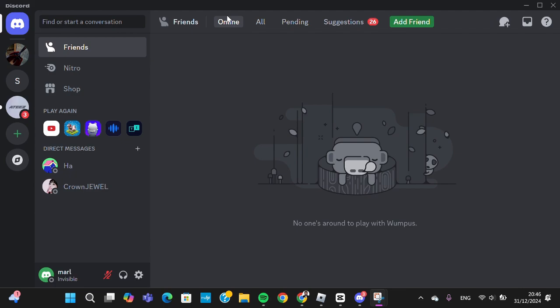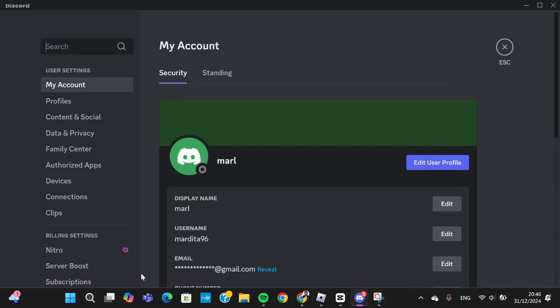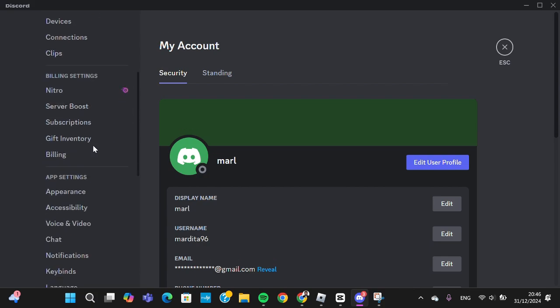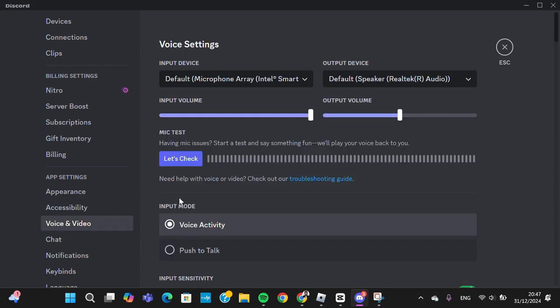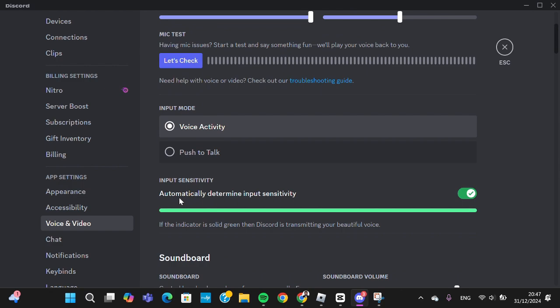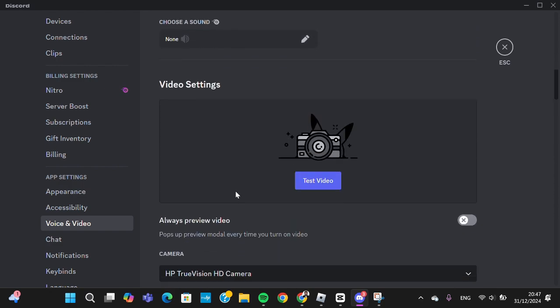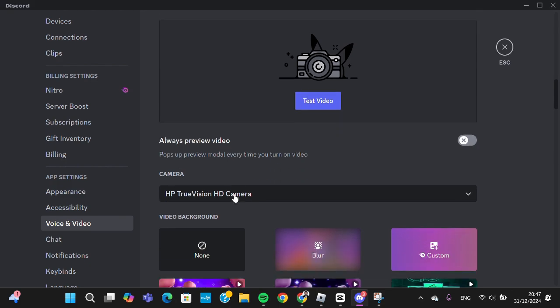video background. First of all, we need to click on the setting menu to open up the Discord setting, and then we're going to scroll down until we find the voice and video setting. Okay, here you can scroll down until you find the video setting, and you'll be able to change the video